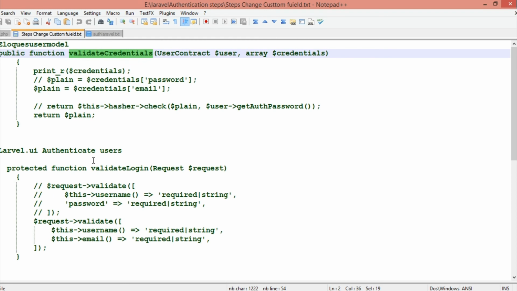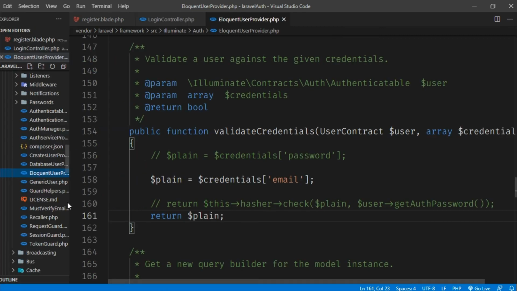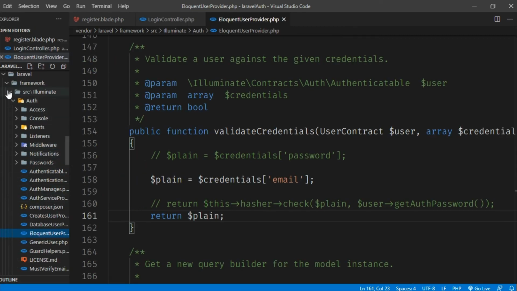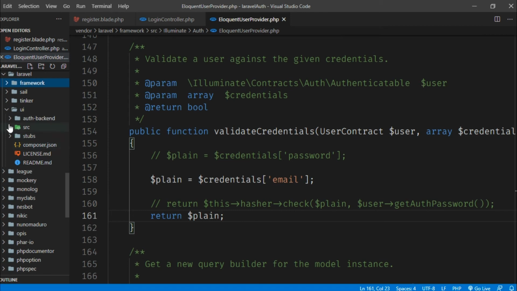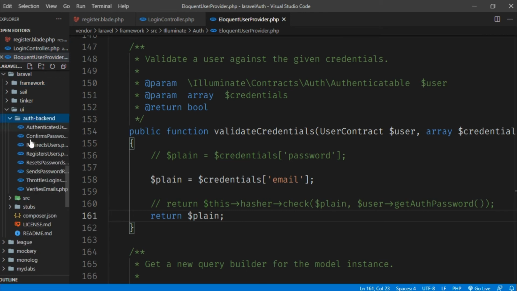Now the next thing is that we have to go to the auth model, which is under laravel/ui. It will be checking the validate login. So let me minimize this thing.